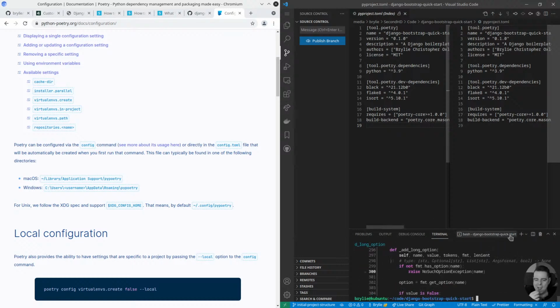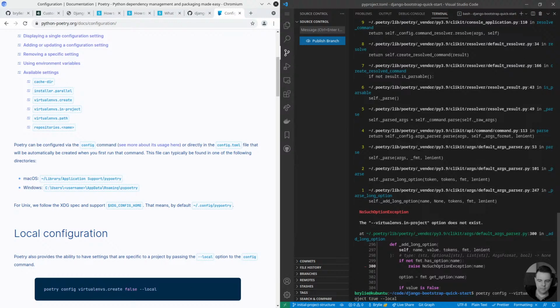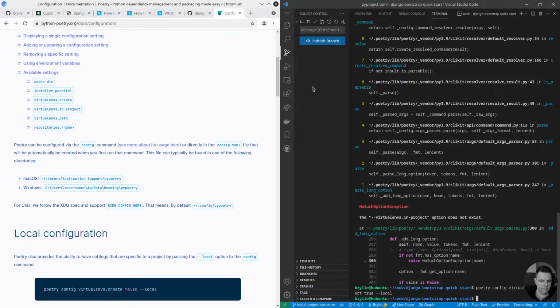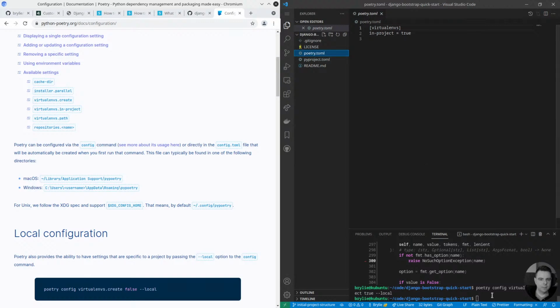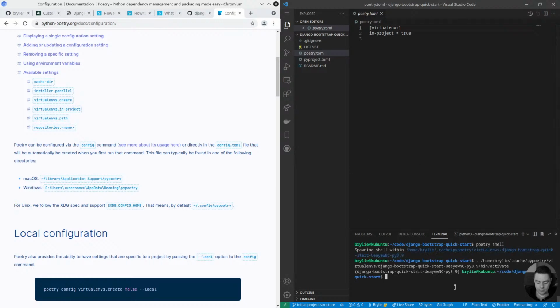Oof, what's this? There we go. So just a typo there. And there's poetry.toml virtual. There we go. All right, so now I can create poetry shell. Okay, so it did